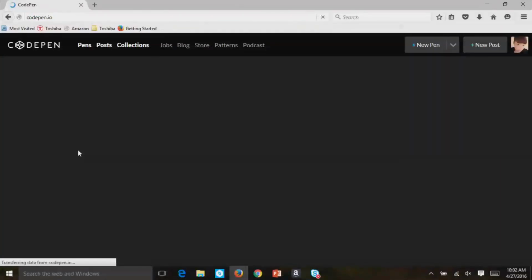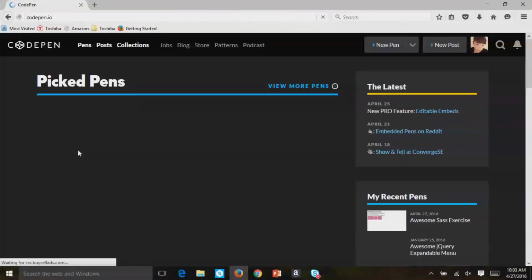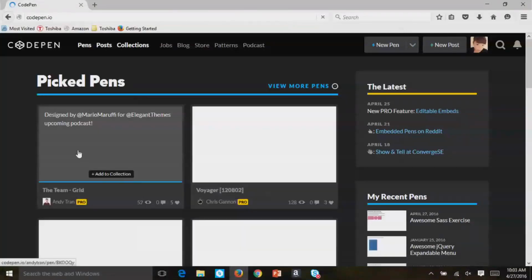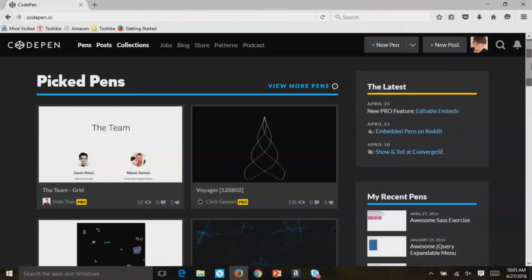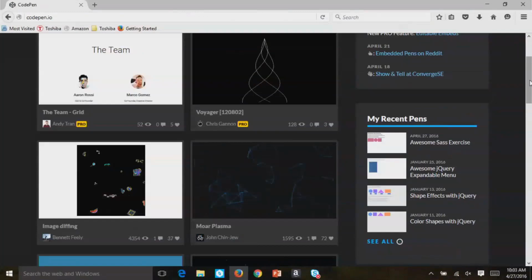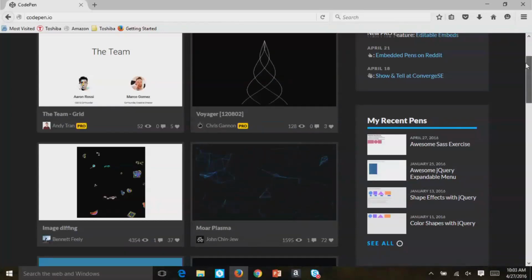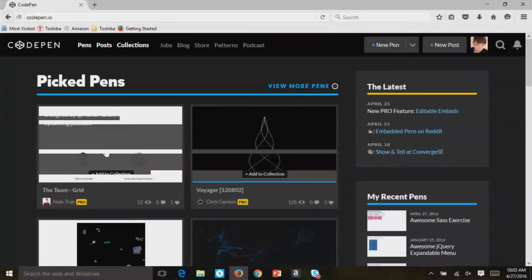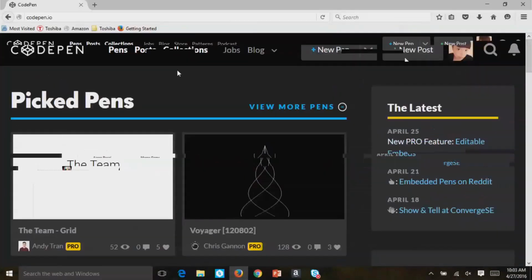Okay, there we go. So you don't need an account to work with CodePen. You can just do it on the fly. But the bonus is if you have an account, you can save your pens and make changes. The cool thing too is recent pens that you've worked on. We have the awesome task exercise that came up as a recent pen. Other members in the community can check out your code, mess with it, offer a better solution, or vice versa. You can do the same for them. There are also some really cool pens from the community that are picked. You can check out what other people are doing and what technologies they're using.